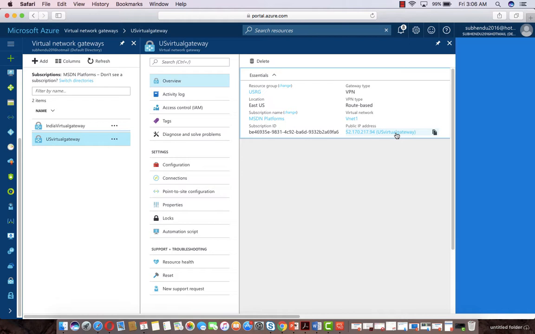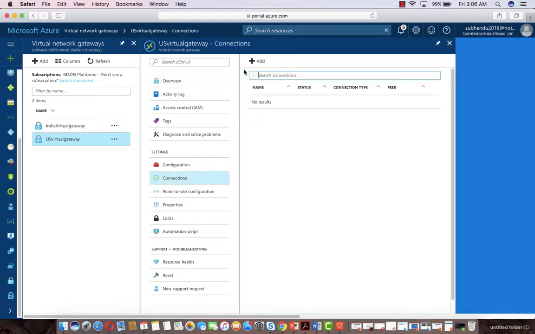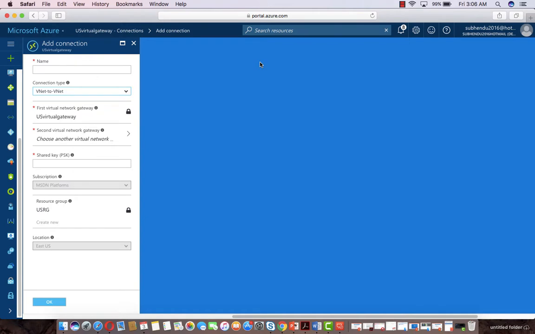Now I will do the connectivity between these two virtual network gateways. For that I have to click on connection, then click on add. Over here I have to give a name like US to India. It will be VNet to VNet connectivity, and this is the first VNet.